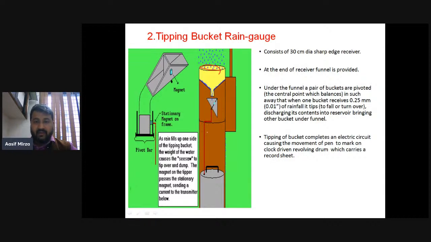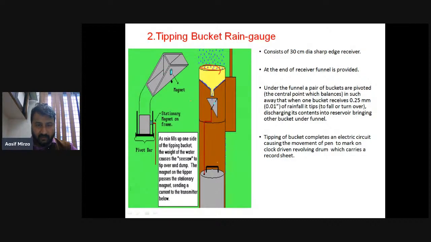The contents go into the reservoir, bringing the other bucket under the funnel. Now this tipping of the bucket completes an electric circuit, which causes the movement of the pen. You can see here, this pen is used to mark on the clock driven revolving drum which carries a recorded sheet. You can see here this is the stationary magnet on the frame, this is the pivot bar, and this